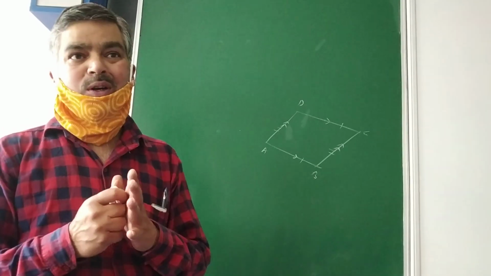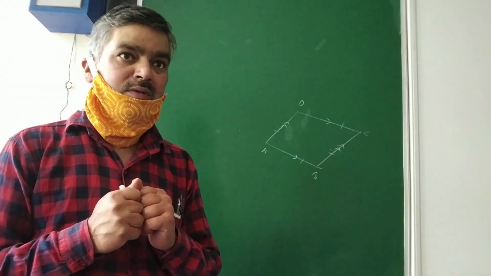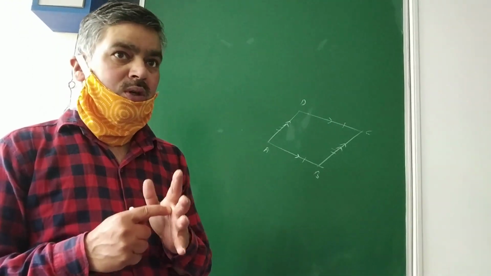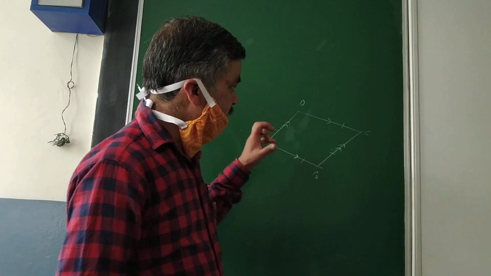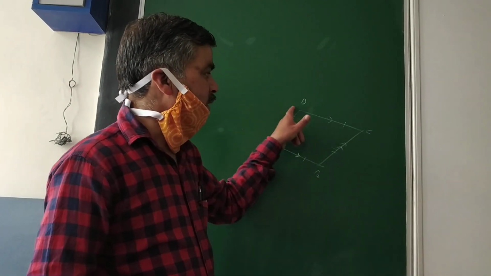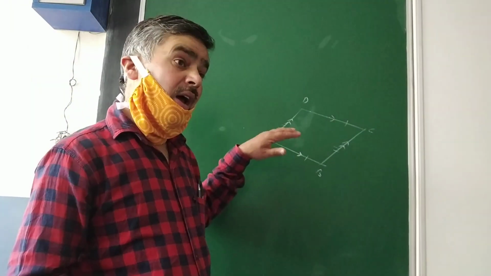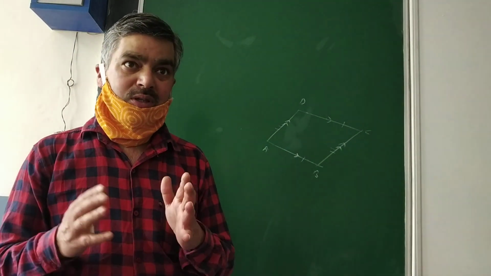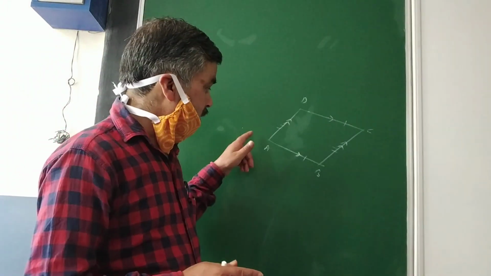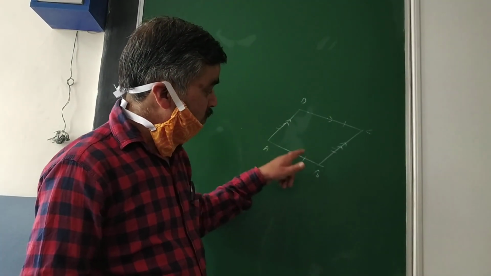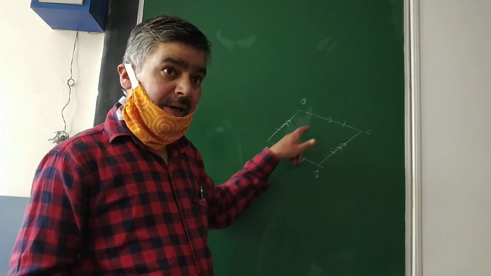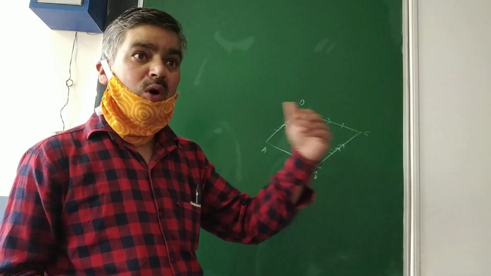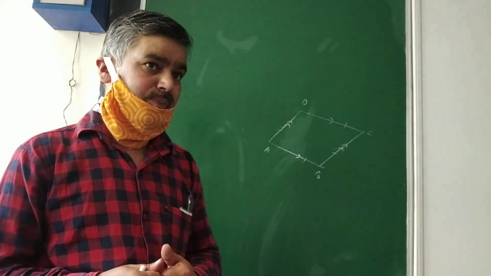Now from the proof point of view, if any quadrilateral is given to you and you need to prove that quadrilateral a parallelogram, what you can do is, in that quadrilateral, simply if you have proved one pair of opposite sides parallel as well as equal, then you can call that quadrilateral a parallelogram. Please remember, I repeat, in any quadrilateral, if you have proved one pair of opposite sides parallel as well as equal, then nothing you have to think about the other pair. You can call that quadrilateral a parallelogram.